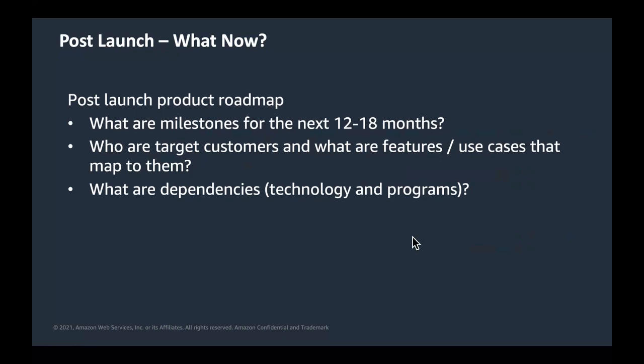And definitely consider if your organization is ready to support the scale that may come with that broader target audience. And then finally, definitely look at some dependencies. So are there any programs or technology dependencies that your product may have